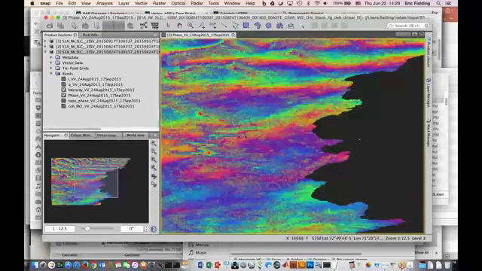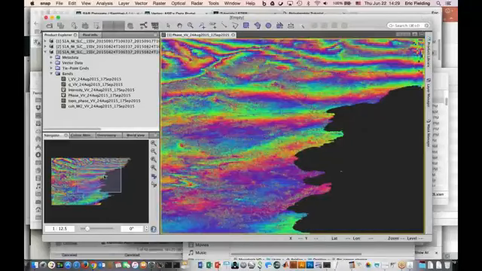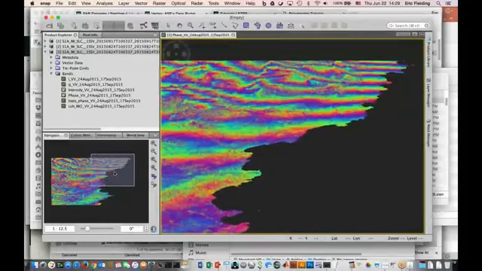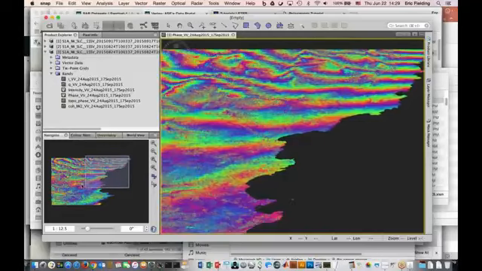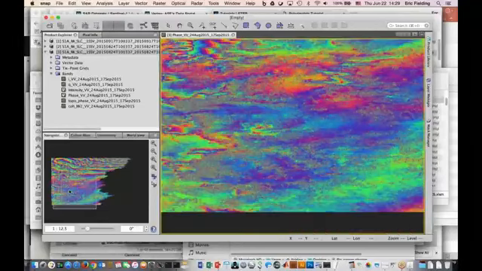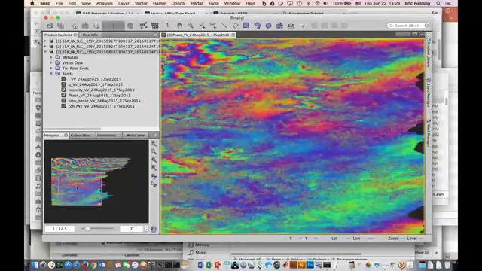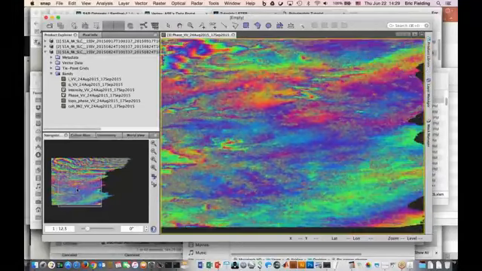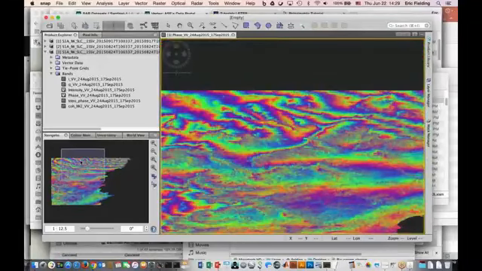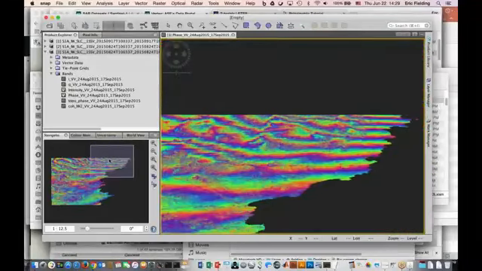I don't have time to go through all the interpretation of radar images. We can drag this around and see the different parts of the image. There's a lot more fringes up here near the top of the image because we're getting closer to where the earthquake was. Down here near the bottom, there's almost no fringes, which means that there's very little deformation. So by analyzing this interferogram,